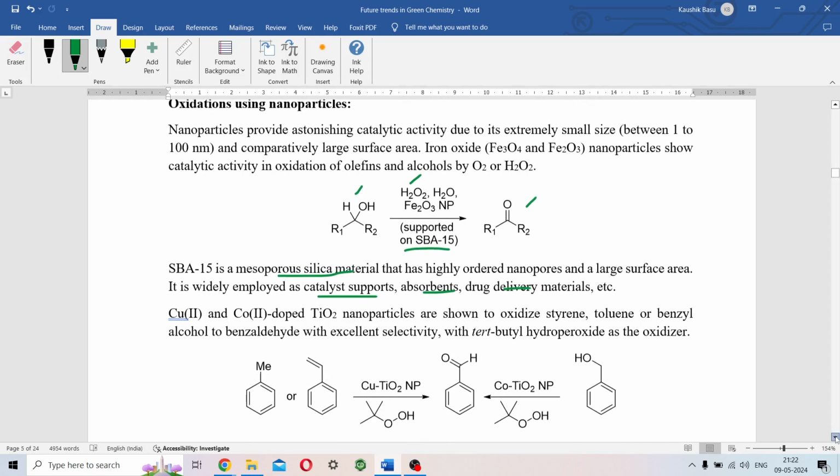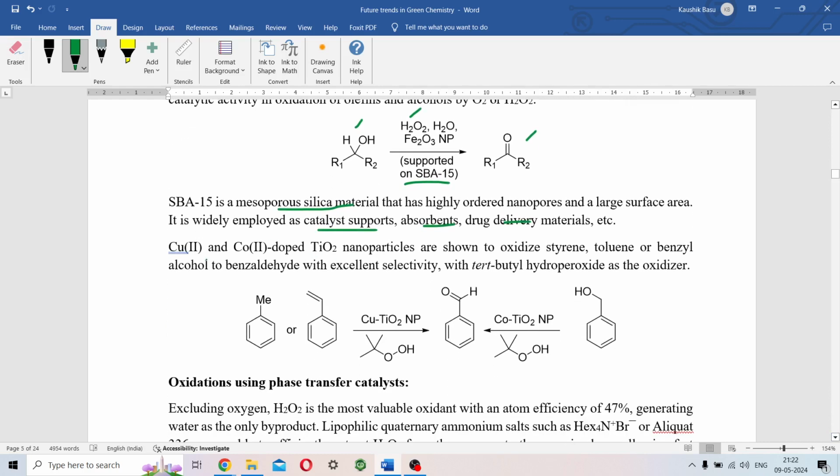Moving on to the second example, where you are using copper 2 and cobalt 2 doped titanium dioxide nanoparticles. They are known to oxidize styrene into benzaldehyde or benzyl alcohol into benzaldehyde, or you can even use toluene as your starting material, where the oxidizing agent is tertiary butyl hydroperoxide. So this is an oxidizing agent you probably remember, or you may not remember, but you have seen this in the